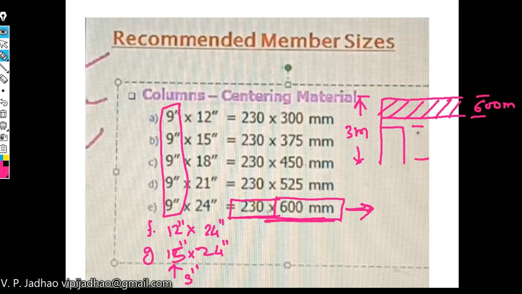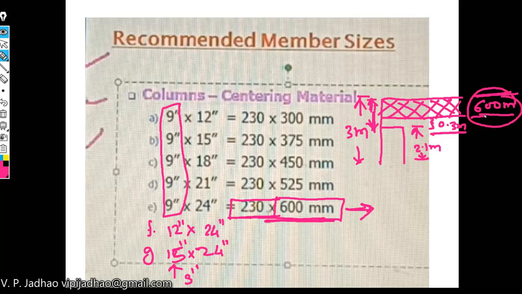Okay, so let us consider this is your 2.1 meter. So 2.7 meter is gone, this 0.6 plus 2.1, only this thickness remaining is 0.3 meters only. At the same time your beam will become a deep beam if you are considering the depth of your beam more than 600 mm, and the second reason is your beam will be exceeding this particular height, that is from the slab level to the top of your door. Therefore we will be limiting the depth to 600 mm.